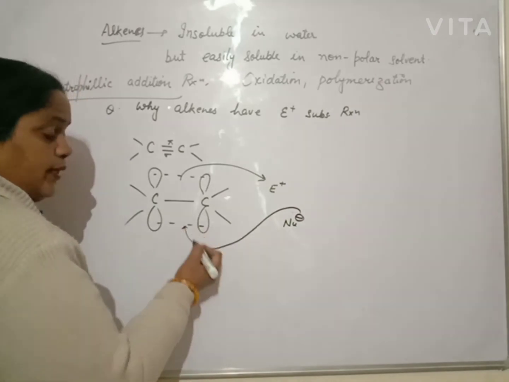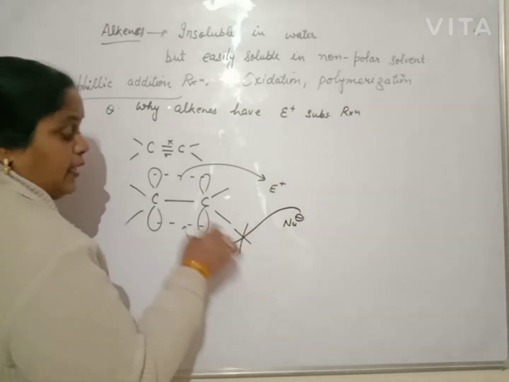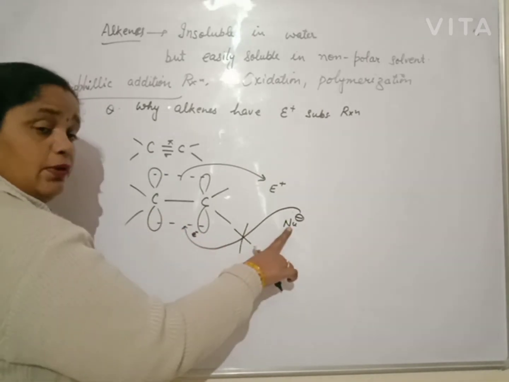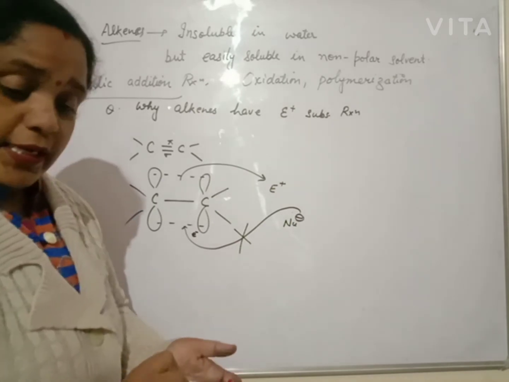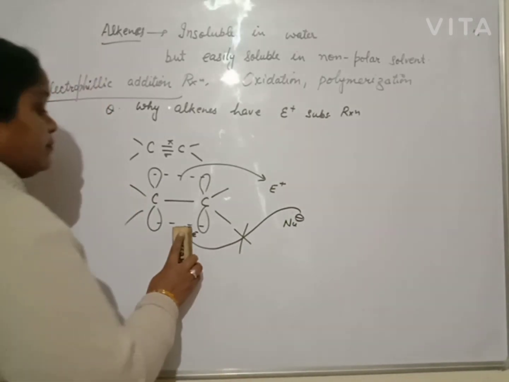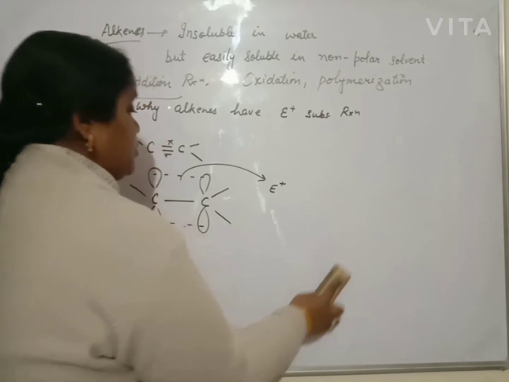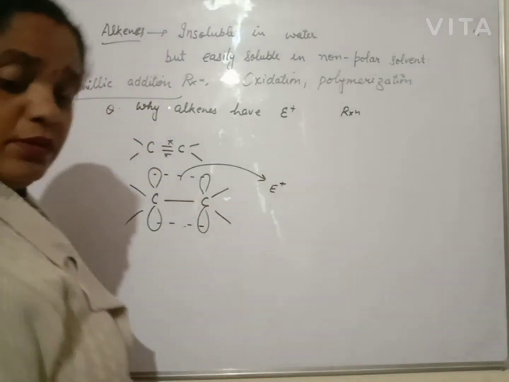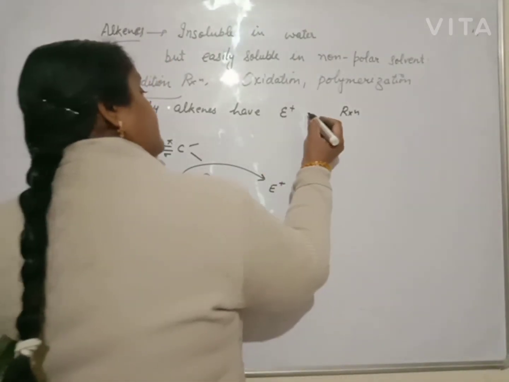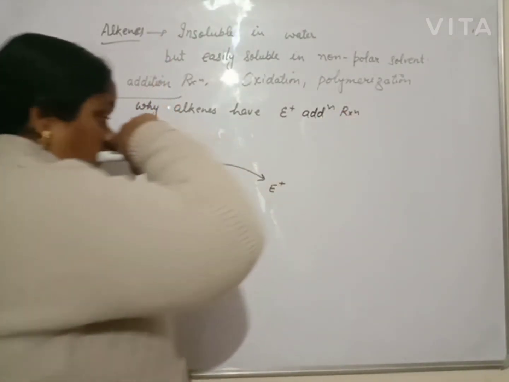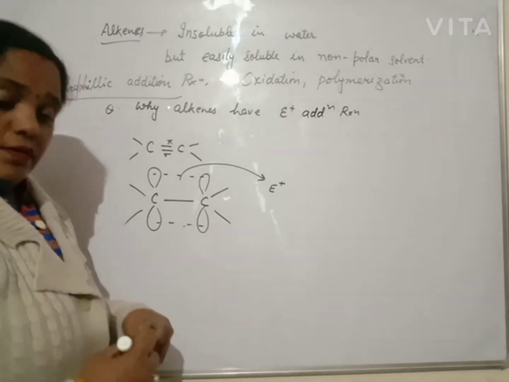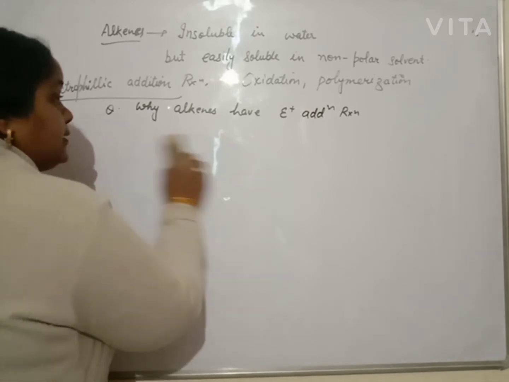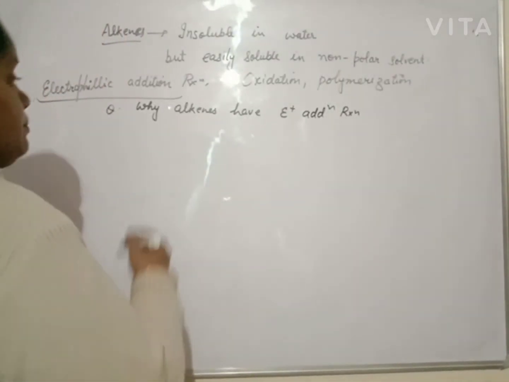If nucleophile comes near it and wants to join, beta, this does not happen, because this pi electron cloud is negatively charged and negative repulsion takes place. So alkene shows only and only electrophilic addition reaction, not substitution. Clear? Due to presence of pi electron cloud. Answer is this one.